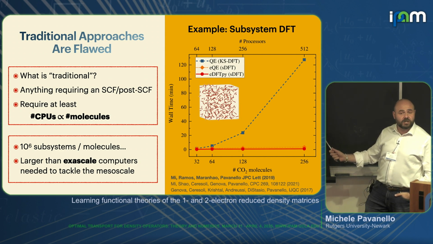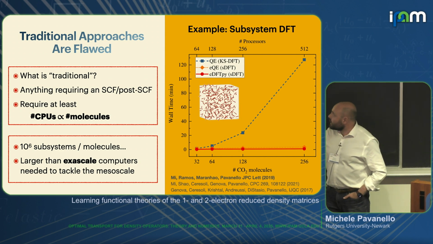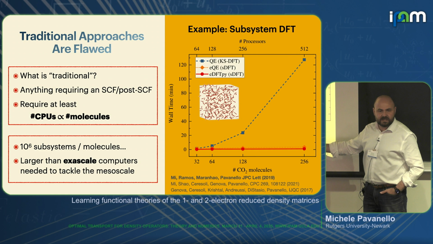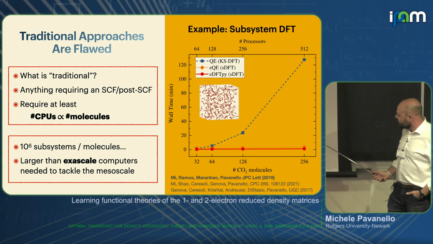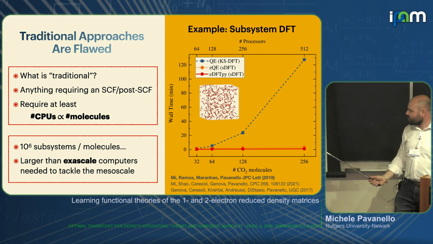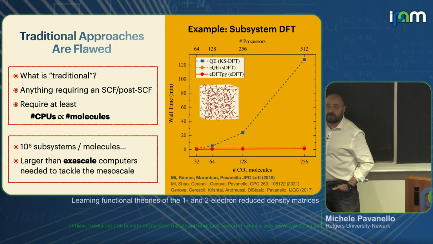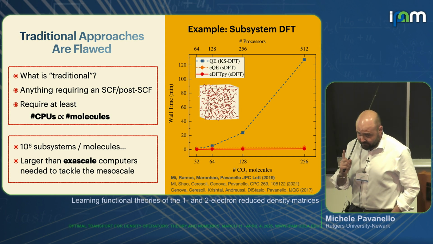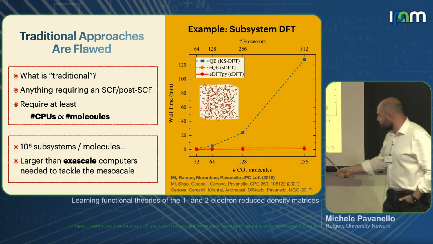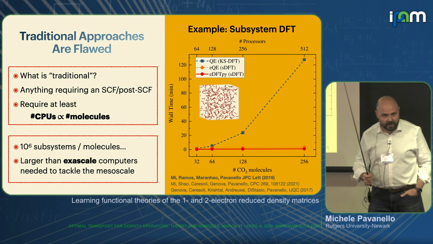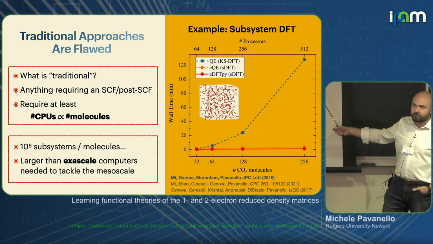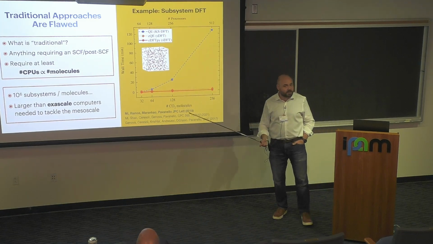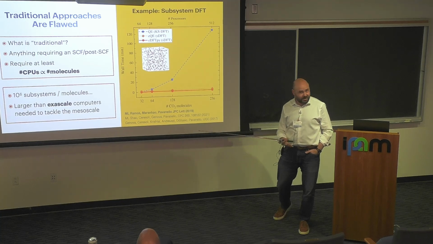In this graph, you see the computational scaling of subsystem DFT, as we increase the system size. This is bulk fluid CO2. As we increase the system size from 32 molecules to 256 molecules, I also increase the number of CPUs from 64 to 512, so it's a proportional increase. If you have a linear scaling method, you get a line. If you don't have a linear scaling method, you don't get a line. Now, subsystem DFT reaches this line, which essentially tells you you have just about the best possible electronic structure method